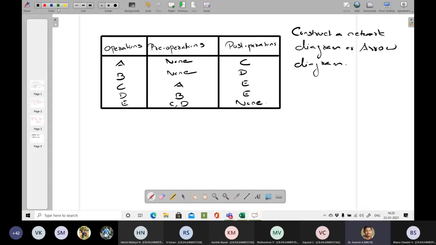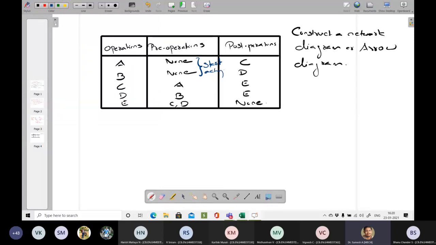A and B do not have any pre-operation, which means both are basically starting activities, which you can start from a single node. And activity E will be your end or last activity.